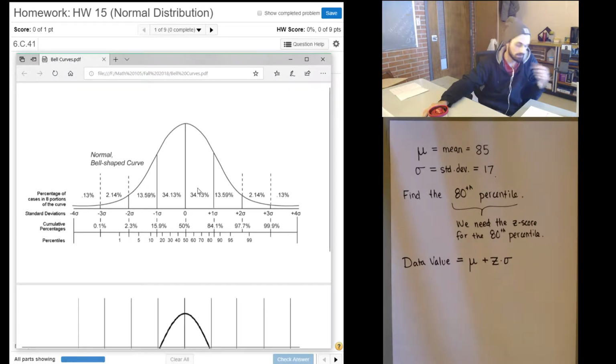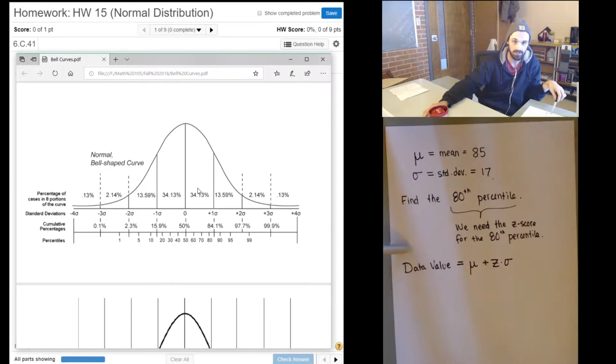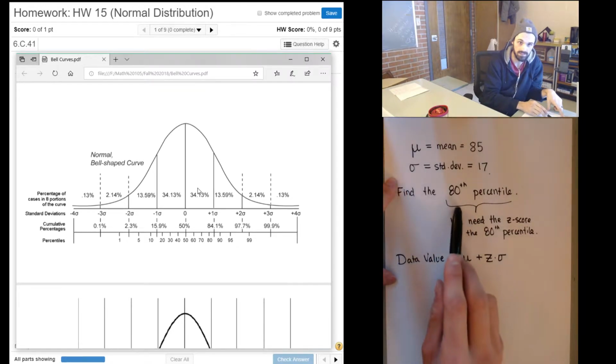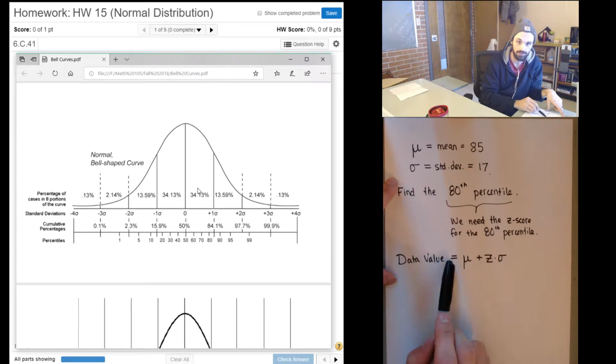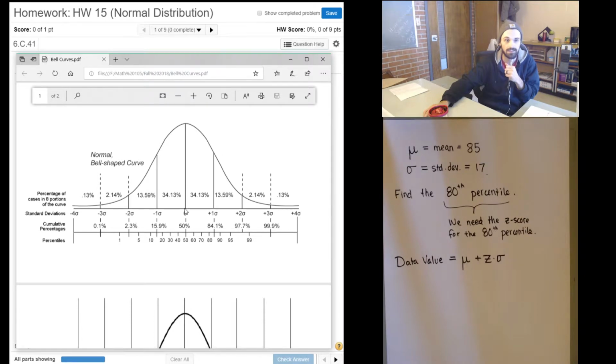If we're after, we want to know what exam score would land us in the 80th percentile, well, that's essentially the data value. So the data value that corresponds to the 80th percentile is going to equal the average plus some number of standard deviations. So recognize, here's your average, and then if you're adding so many standard deviations, we already know